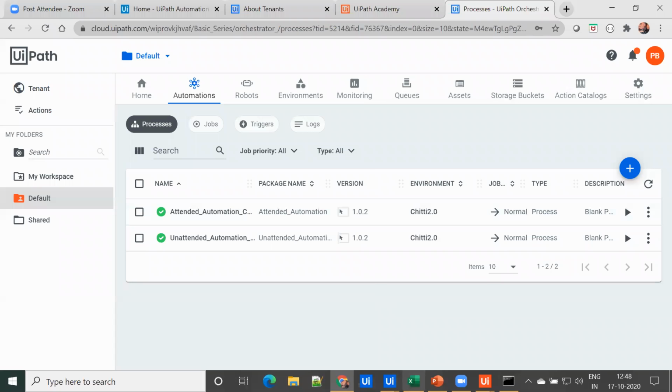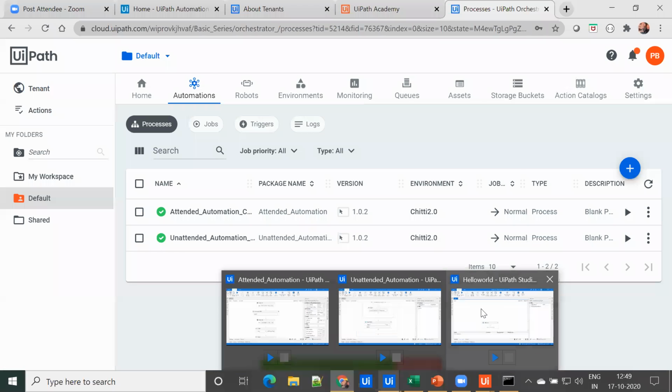So till now, we have seen the key components of UiPath Orchestrator, how we can connect, how we can create attended and unattended automation, what the difference between these two is, how we can publish the package in two different ways, how we can run the automation from the orchestrator, how we can create a process, and how we can trigger a job, right? Now we are going to see how we can provide an argument to a particular process and run it from the orchestrator.